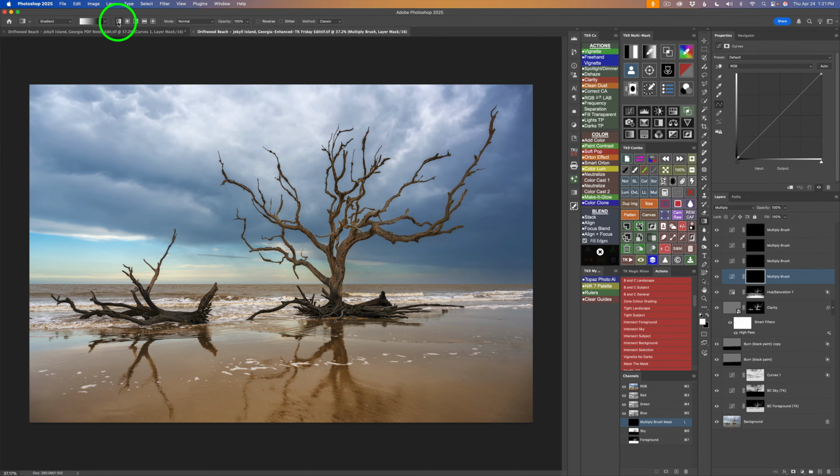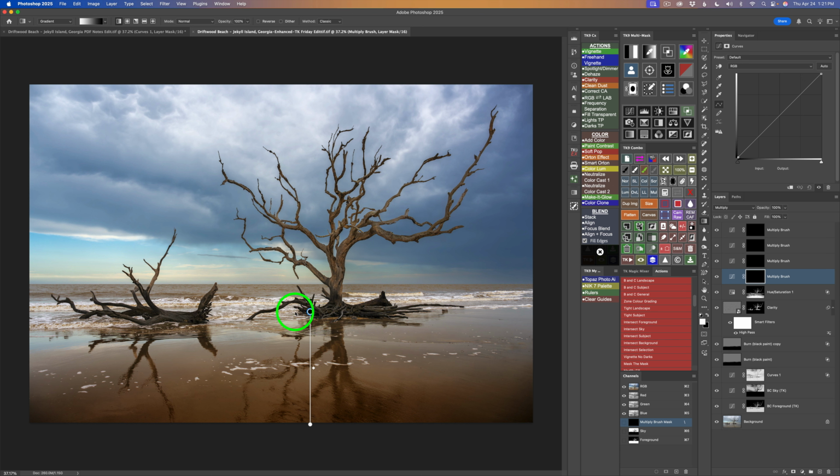So you're using the linear gradient, you're using the white to black gradient, and make sure you're using gradient and not classic gradient, okay? This is the live gradient. And then come down to the bottom of the image, click right around here, and we want to drag up. Now hold your shift key as you're dragging up. That'll make sure you maintain a straight line. So right about there. Now that's too strong, but if we don't want to see this line, we could click